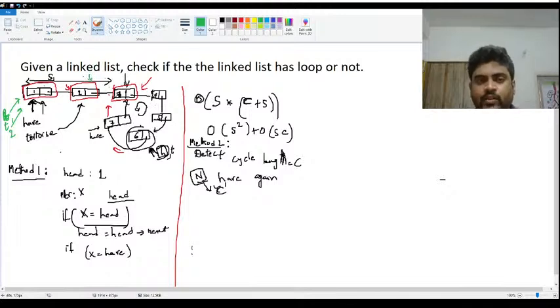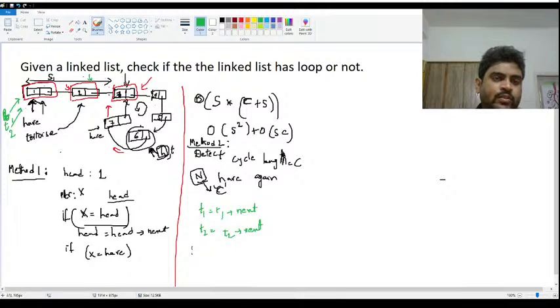There is a distance of C here, correct? Now I will increment T1 and T2 by one step. T2 is equal to T2 arrow next. Guys, are you able to understand? I am running T2 by C steps so that once I enter the cycle, both will meet. So wherever both meet first time,